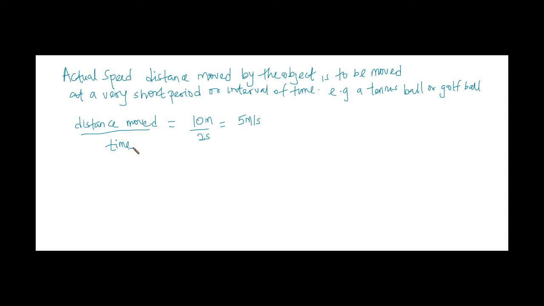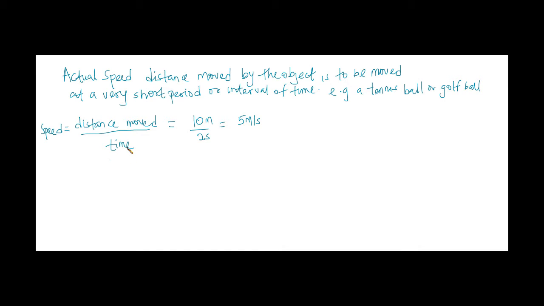speed, let me write it, speed is equal to distance over time. If we look at the variation between speed and time, we have an inverse variation. That means when time is very small, we should have a very high value of speed. So for us to determine the accurate value of speed, we have to measure it over a very short period of time. So before I talk about velocity,